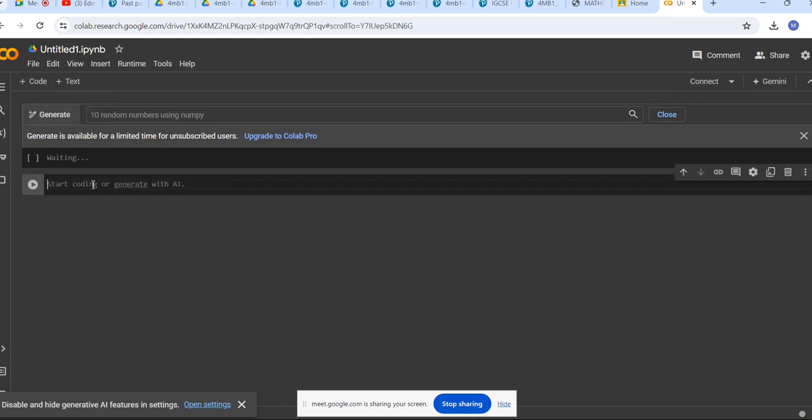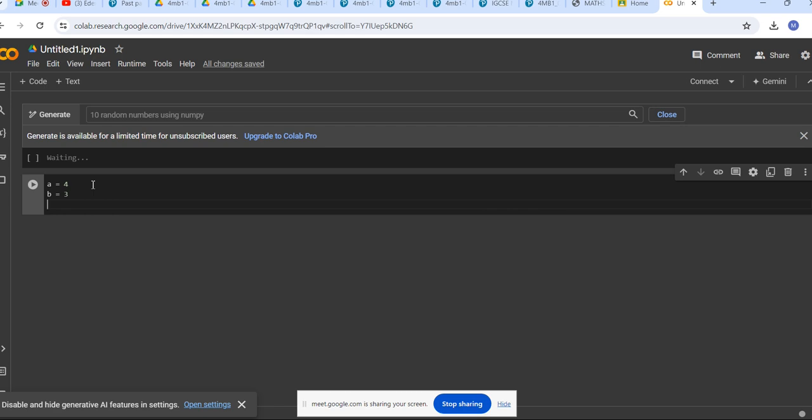Okay, let's start with this one. Now, in Python, if you want to find the product of any numbers, for example, in Python we actually name variables. Say A is 4 and B is equal to 3. That means at the end, if I write print A star B, and then run